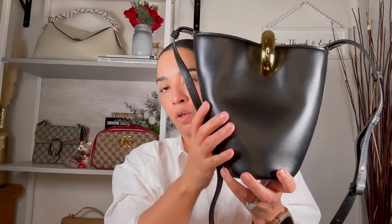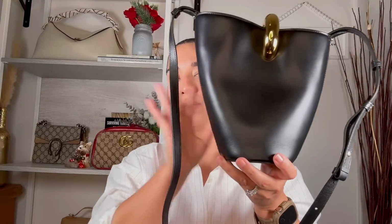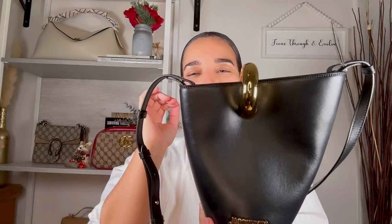So you have the option of wearing it where no logo is shown, so you can wear this across the body and you wouldn't even tell what kind of brand this is. Also, on days that you want to show it off, you can show it with the name showing. So as you can tell, I can go one day quite luxury, and another day loud luxury. It all depends on my style and what I'm looking to wear that day. Okay, so that's the Giacomo,